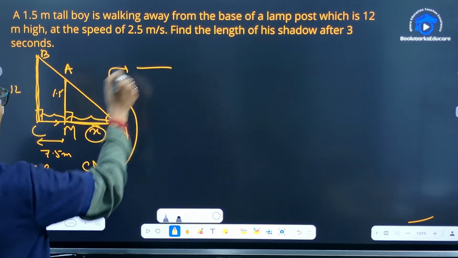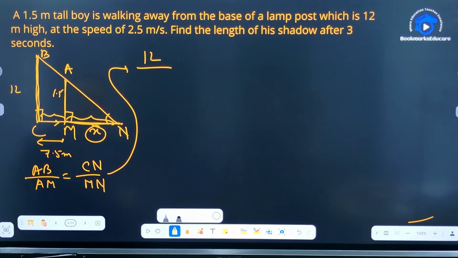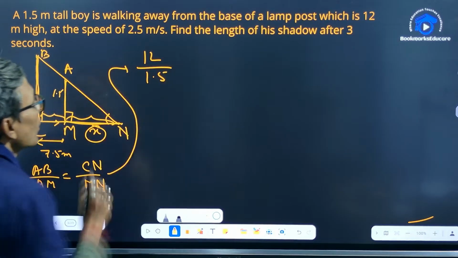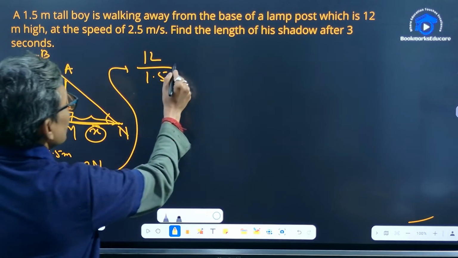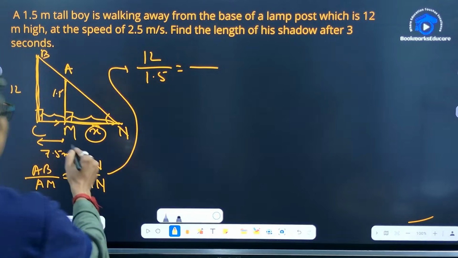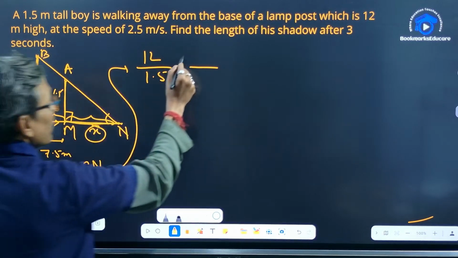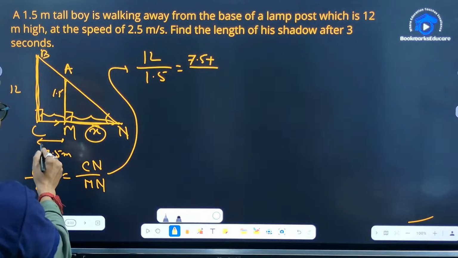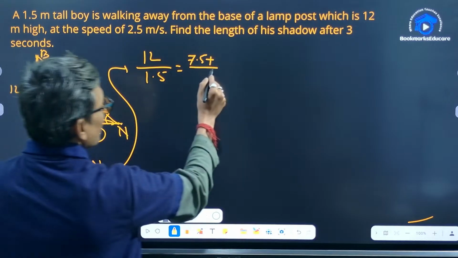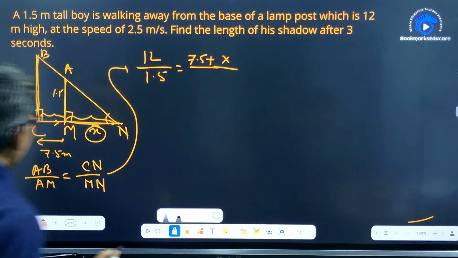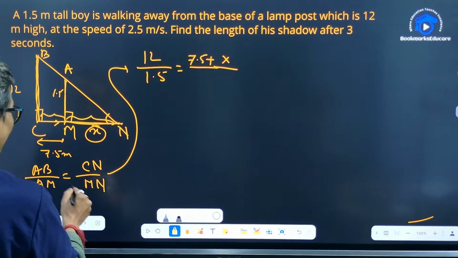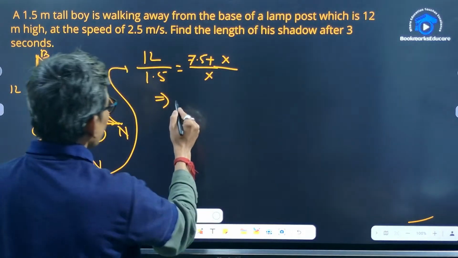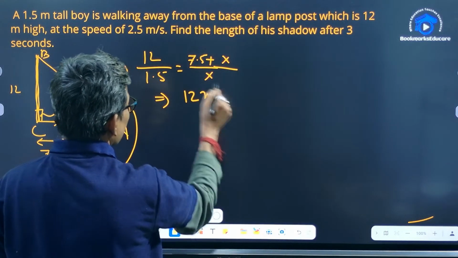So AB means 12 meters, AM means 1.5, CN means CM is 7.5 plus CM, meaning CM plus MN. So MN, which is assumed as X meter, by MN. MN is also X. So after cross multiplication, we will get 12x